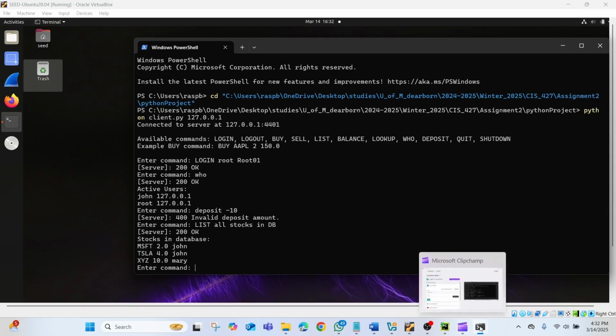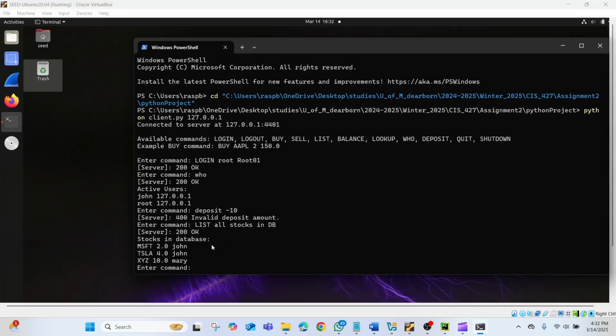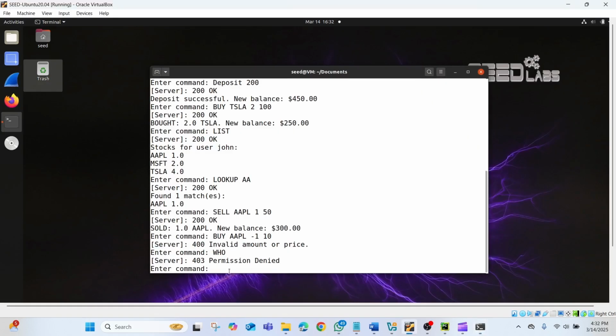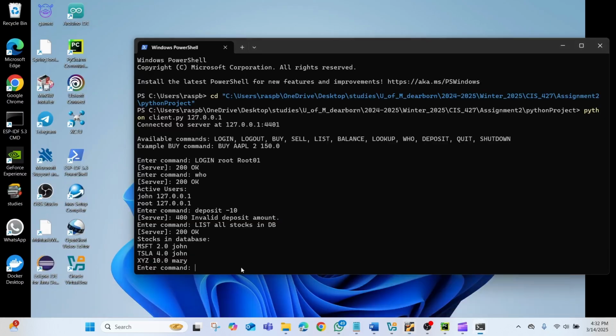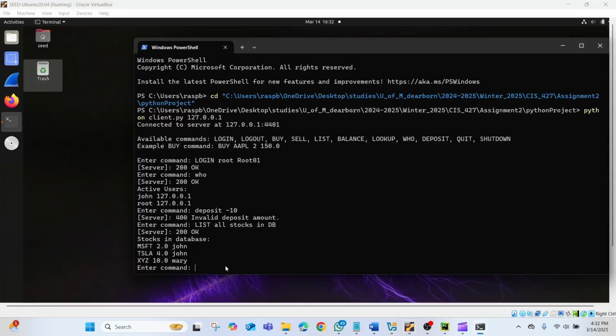And let's try to shut down from a non-root user, which would be the Ubuntu machine. So put shut down, command rejected, client remains connected because you are not a root user. However, if you use shut down here,